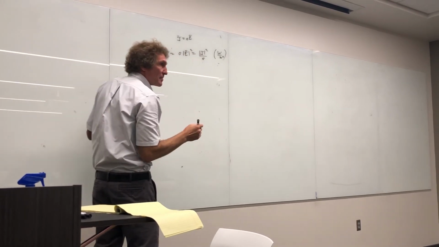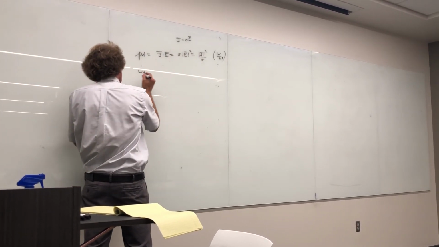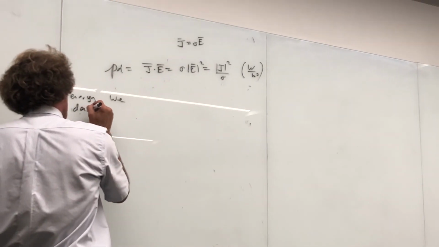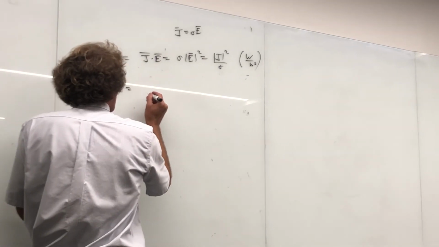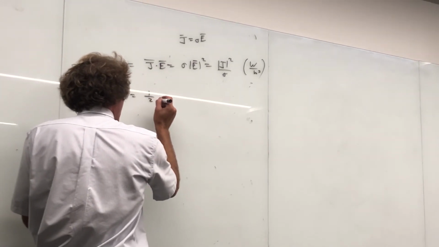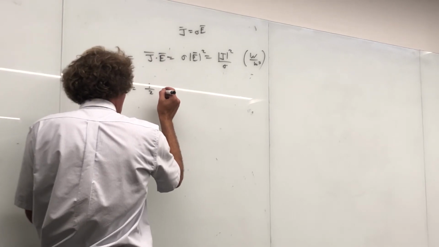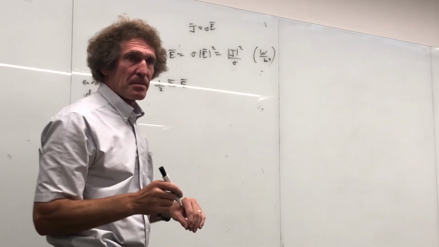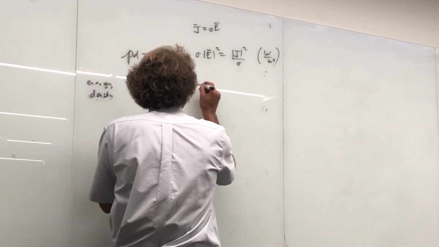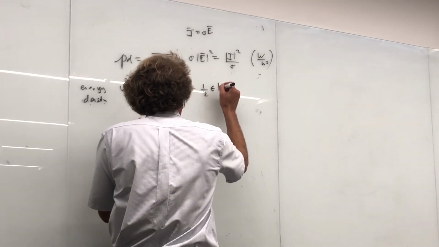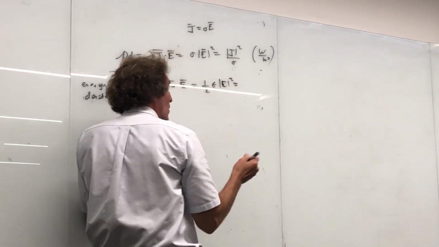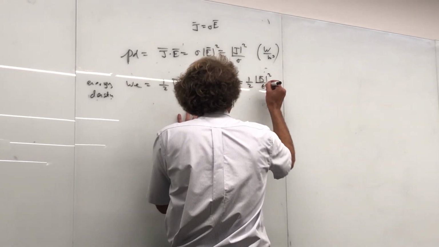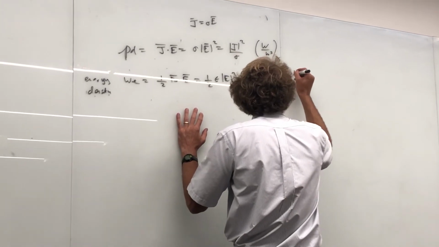Energy density is like it. The symbol for energy density is W_E. This is energy density. Well, that's equal to, now take note of this, 1/2 D dot E. That's the technical definition. Or it's equal to 1/2 epsilon times the magnitude of E squared, or it's equal to 1/2 the magnitude of D squared over epsilon. And the units of this are energy, joules,